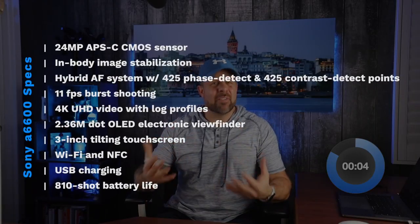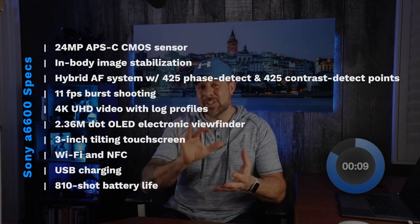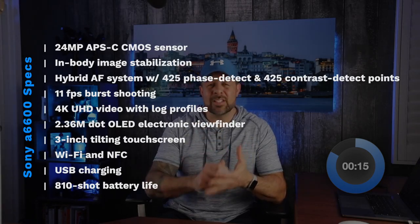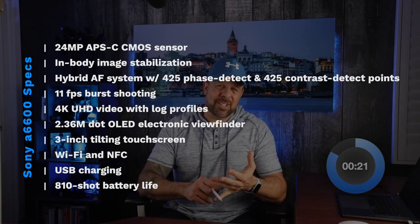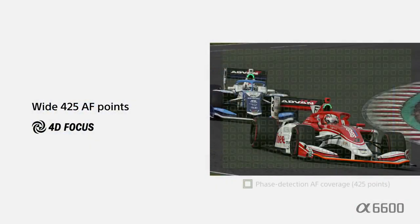Okay guys, first things first. Let's explore some of the basics of this camera. First off, we're talking about a 24 megapixel APS-C CMOS sensor. And guys, all the cameras in this lineup, the A6000, the 6100, 6300, 6400, and the 6500 all have roughly a 24 megapixel sensor. As mentioned already, in-body image stabilization, just like the A6500, hybrid autofocus system with 425 phase